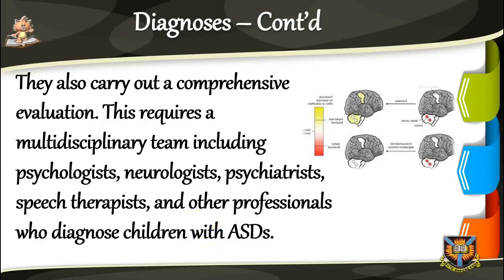The team members will conduct a thorough neurological assessment and in-depth cognitive and language testing. Because hearing problems can cause behaviors that could be mistaken for autism, children with delayed speech development should also have their hearing tested. After a thorough evaluation, the team usually meets with parents to explain the results of the evaluation